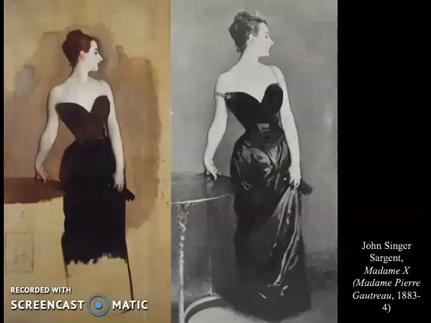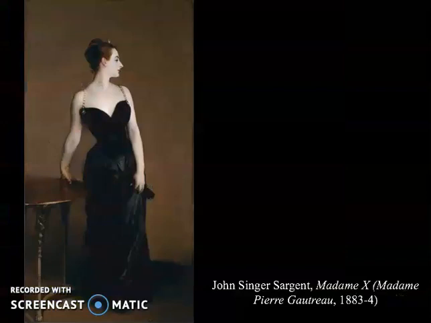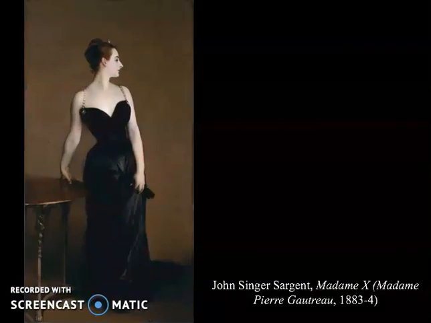a ton of ridicule at the Salon of 1884, and so he did put the strap back up because he wanted to still get commissions at the time. And he really sort of felt bad about the work. It didn't really do well, but it is considered quite famous today. And it's really sort of gorgeous representation of this woman